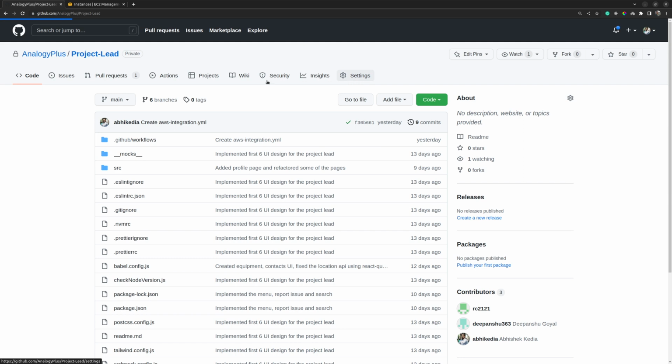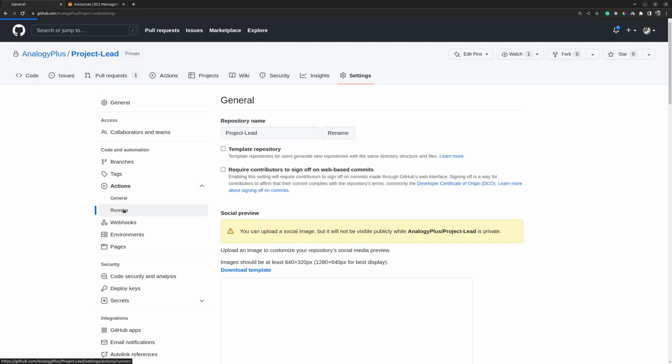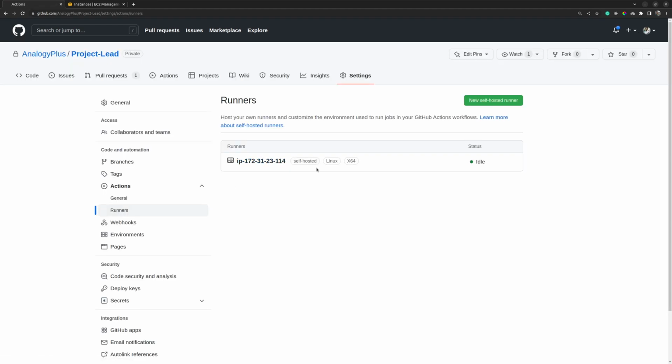Now if you go to settings and click on actions, then runners, you will see I have already set up a runner and it is currently idle. In case your EC2 instance is offline, you will see offline written here. Now what we want to do is set up a new runner. Now if we click on new self-hosted runner,